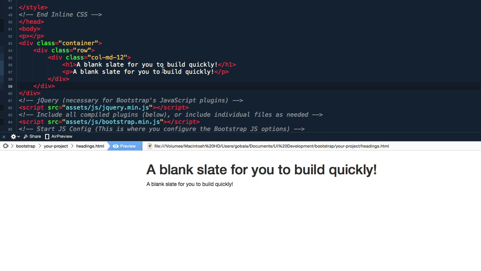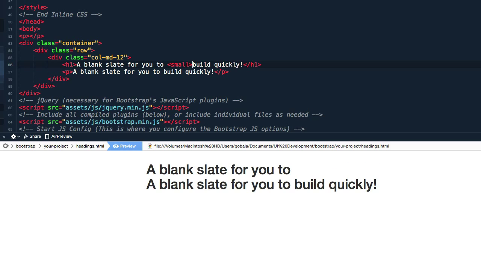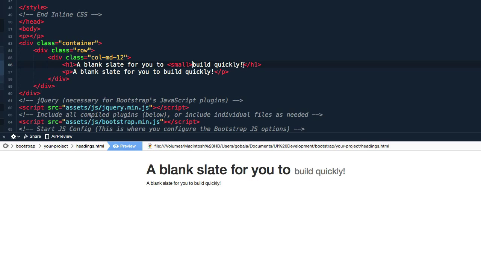So within the header tag, you can select a section of the tag to make this a sub of the header 1 by adding small. Okay, this makes the text smaller, of course, but it also changes the color of the text. Okay, that's one neat little trick that you can do. Now you can also